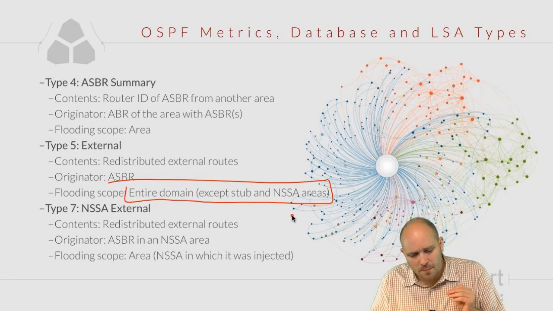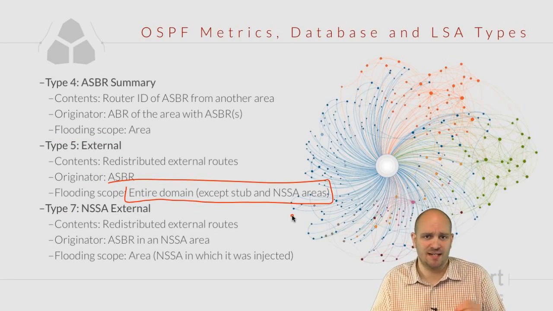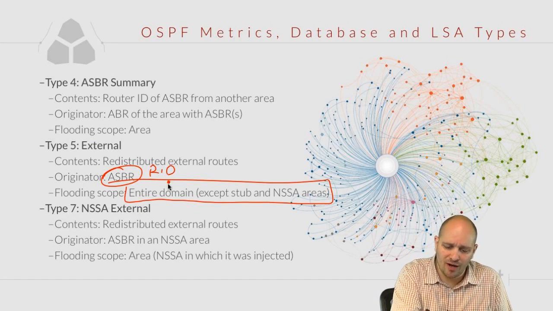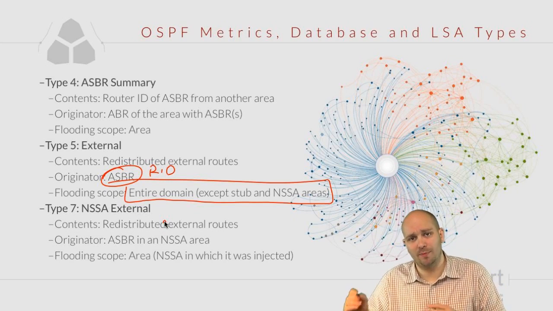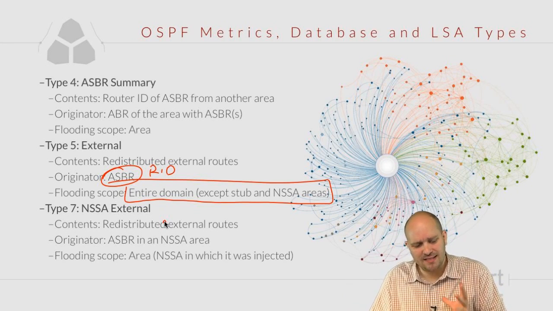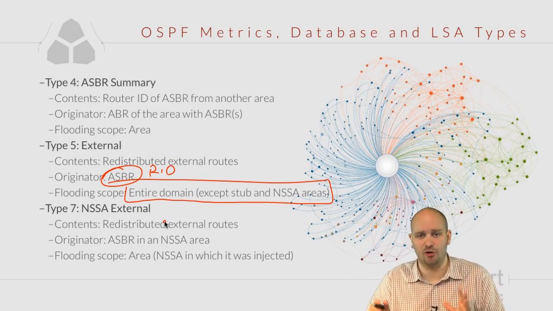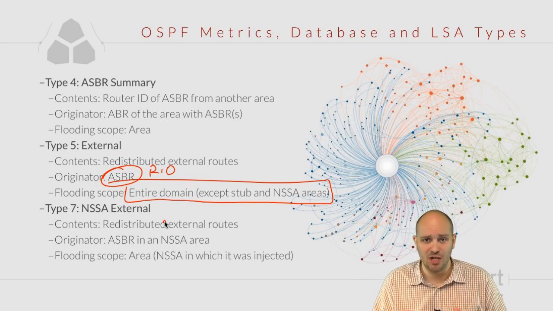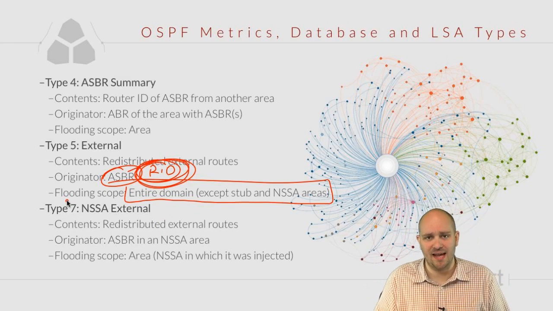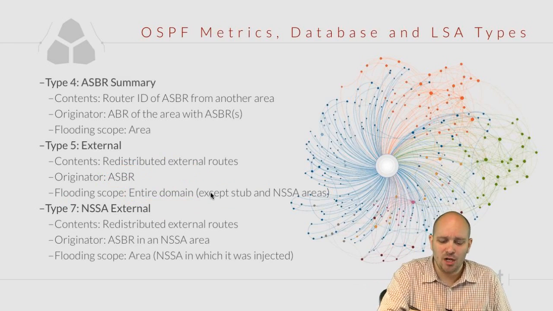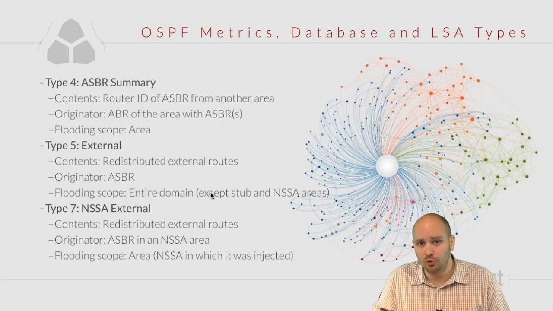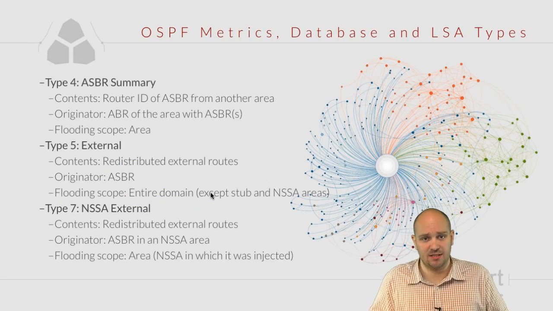So when these LSAs are advertised throughout our network, the router ID of the router that generated it is going to be carried with this route. This means that when this type 5 LSA leaves the area in which it was injected, other routers may not know about the router ID of the ASBR that injected this route. And in order to figure out how to reach this external prefix, how to reach this router that injected this external prefix,